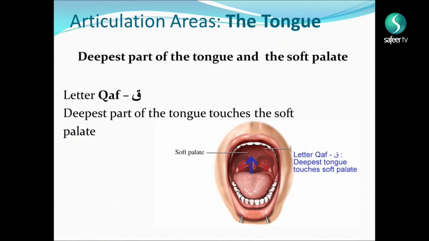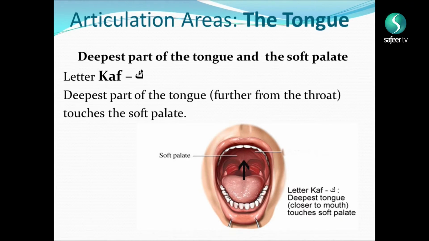So when we say aq, aq, and specifically in this letter qaf, we use the uvula. Where is the uvula? The uvula is the soft thing which hangs in the roof of our mouth. So that is the uvula. So the letter qaf is really important. And then we go to the letter kaf. So we have qaf and kaf. Both of them are lahawi letters. They are velar letters because we use the uvula, so we call them velar.